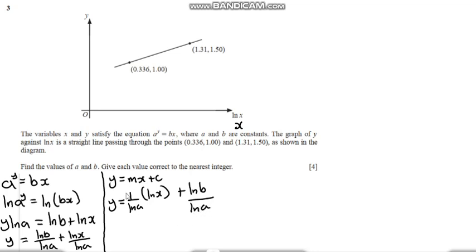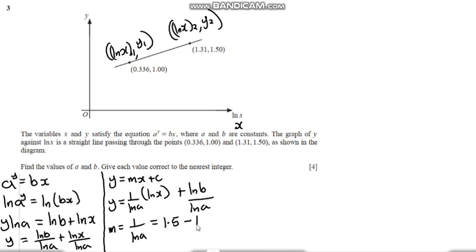Now, we can take one point on the graph as ln x1, comma y1, and another as ln x2, comma y2. We take them as two points on the graph that we are going to use in the formula for slope. So our slope is simply equal to 1 over ln a. We can simply use these two points here, and that will give us 1.5 minus 1